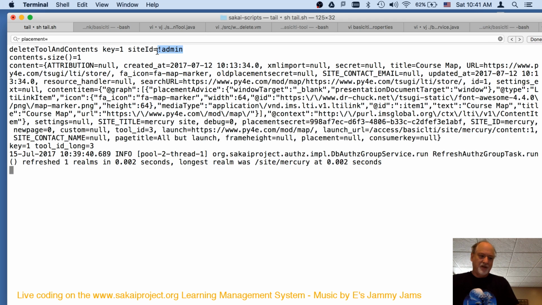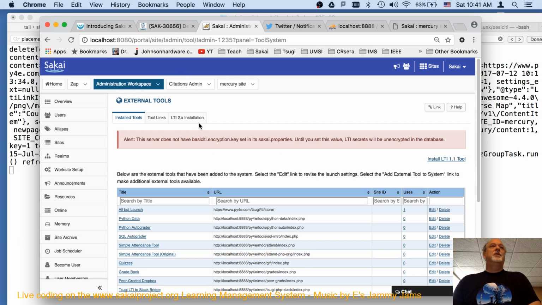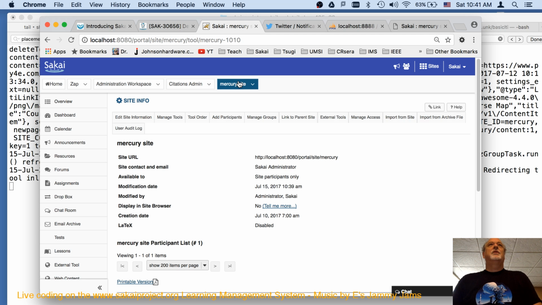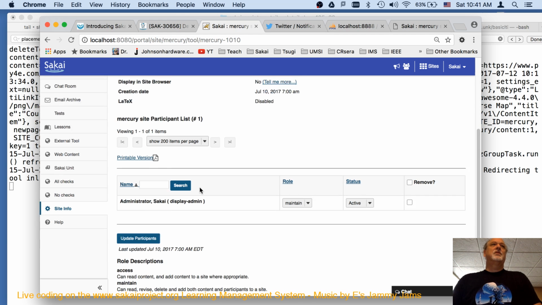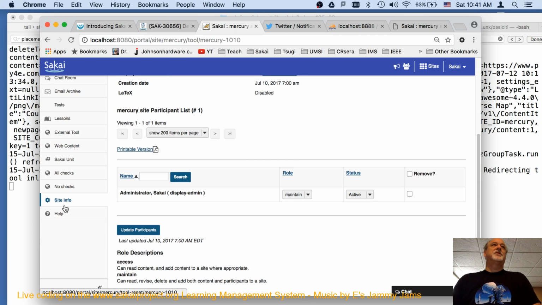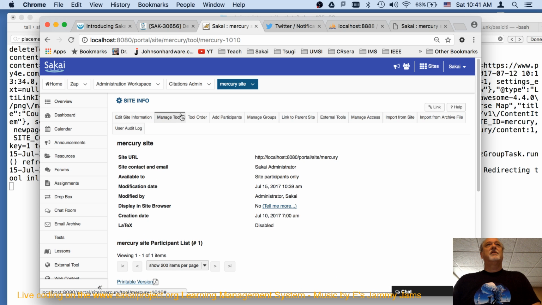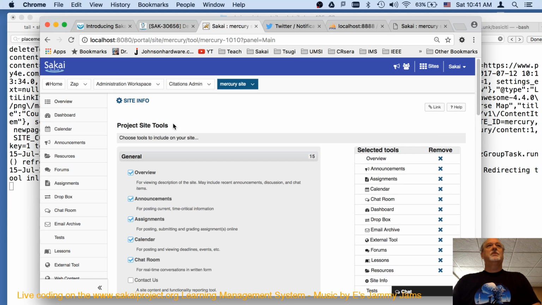So what's happening here is that code was never truly tested well under the administrator. That's what I'm thinking. Normally that code is being called as the teacher in the context of the site that they're working in. So I think if I add a tool,